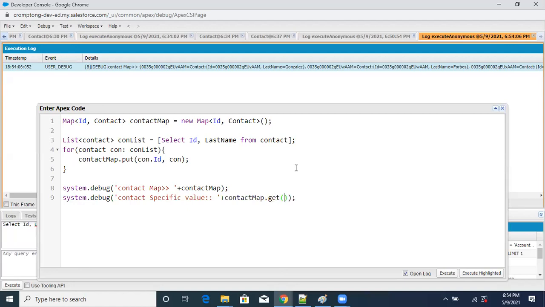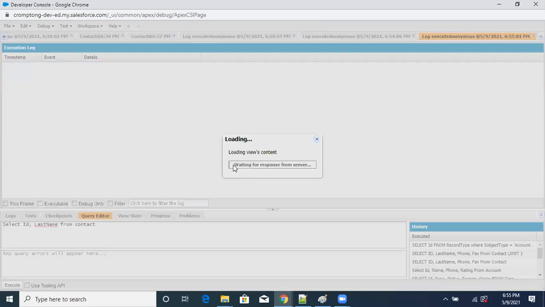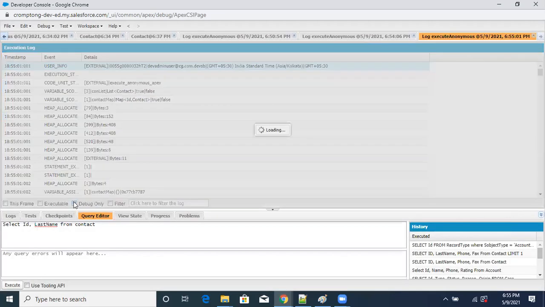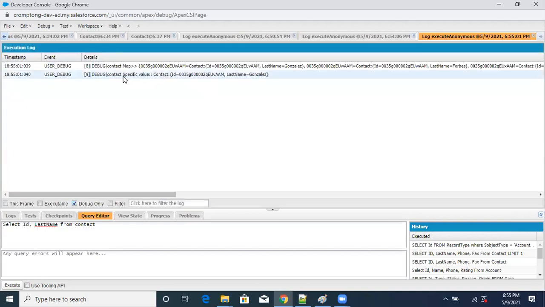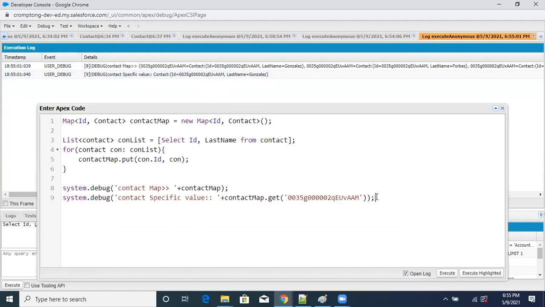Dot get, and you supply that key. I supplied that key as a hard coded key. Let me check what happens. It gives that particular contact. See, it gives that specific contact. I supplied this key only, so that's why it gives this specific contact. Right? Now,